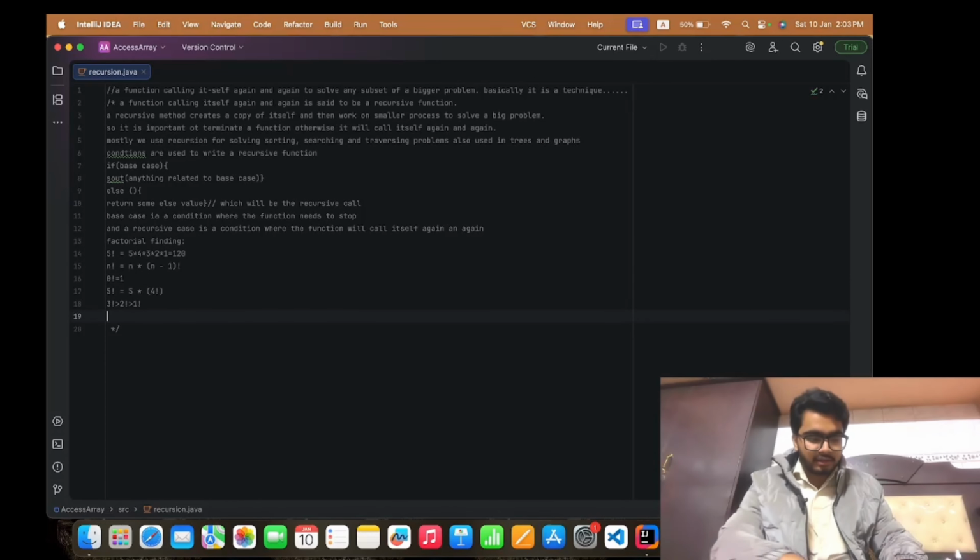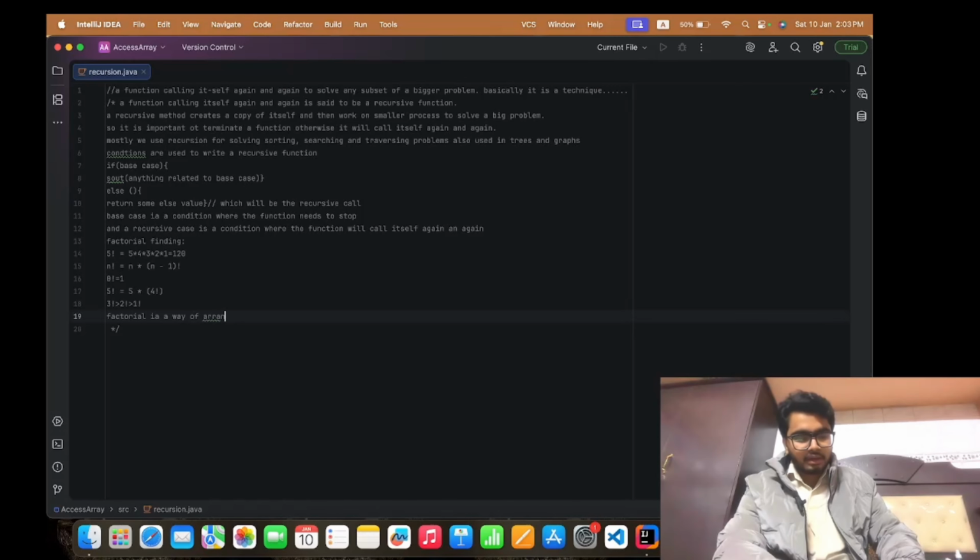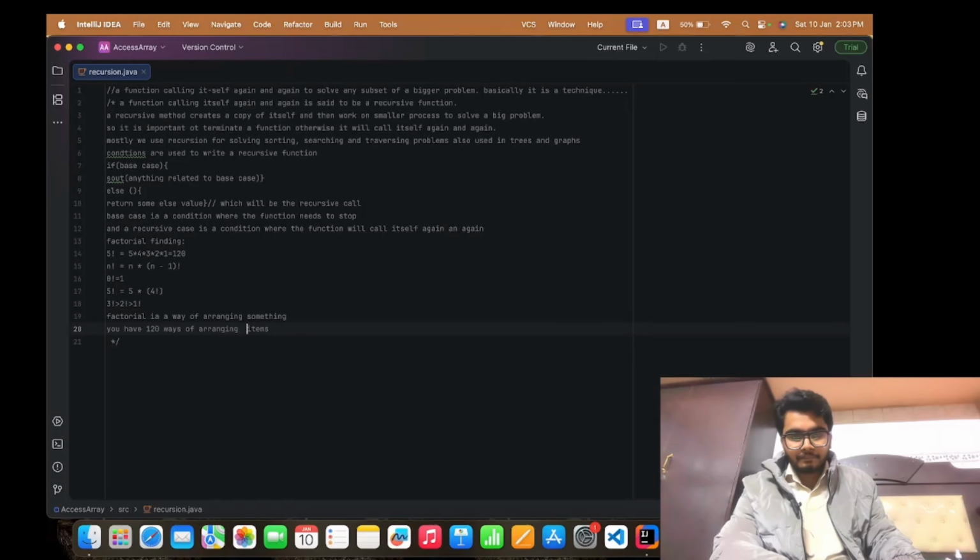I can write it down here. Factorial is a way of arranging something. You have 120 ways of arranging 5 items, right?